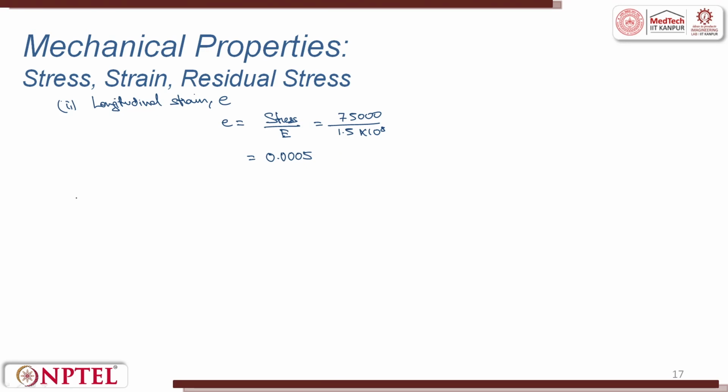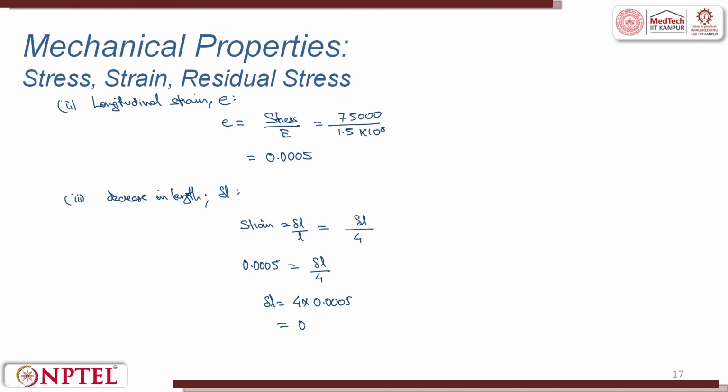Now decrease in length is the third part, that is delta L, like the previous numerical. To find the value of delta L, I know strain is delta L by L, right. And I know the value of L here, that is 4 meter. I know the value of the strain here. So the strain that I have just calculated as 0.0005 is equal to delta L by 4, which gives me delta L is equal to 4 into 0.0005. This is equal to 0.002